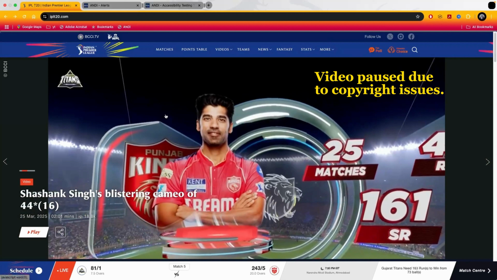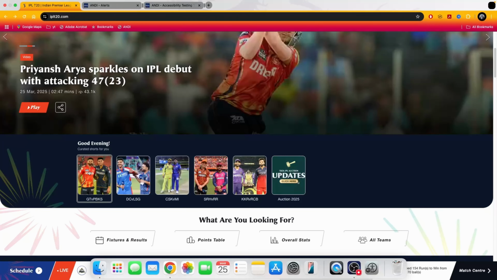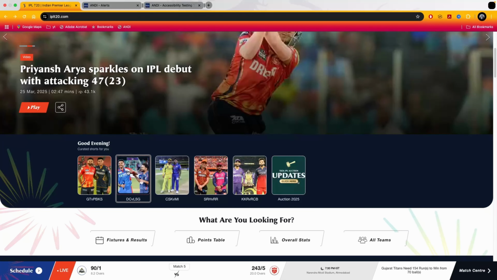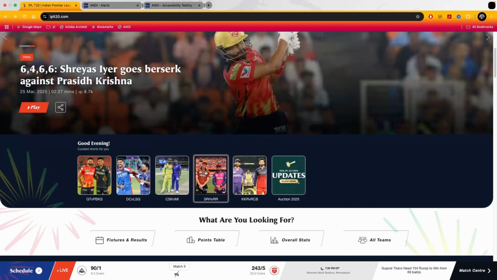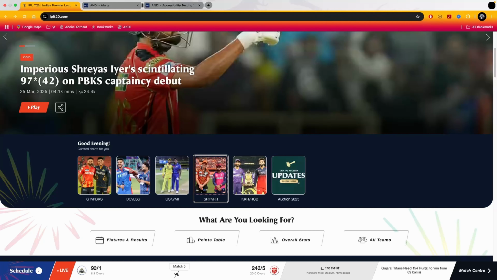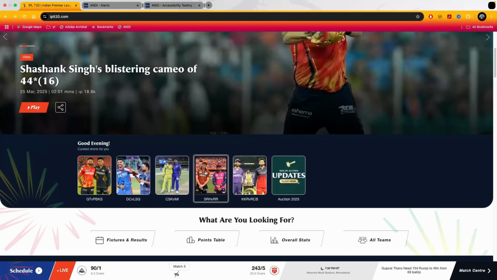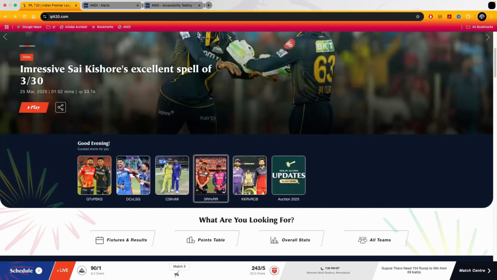I'm going to press X key to jump from one list to another. Let's have a listen together where we are going on this page next. List 1 item. List 1 item. I'm sure you're also confused where am I on this page, because list 1 item is not an accessible or